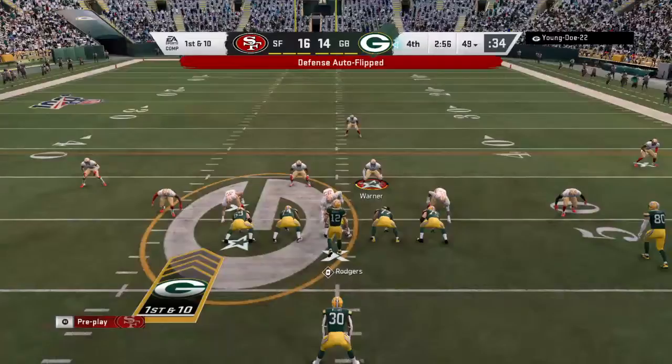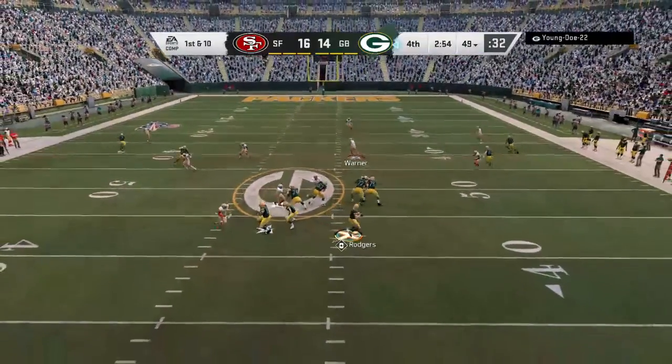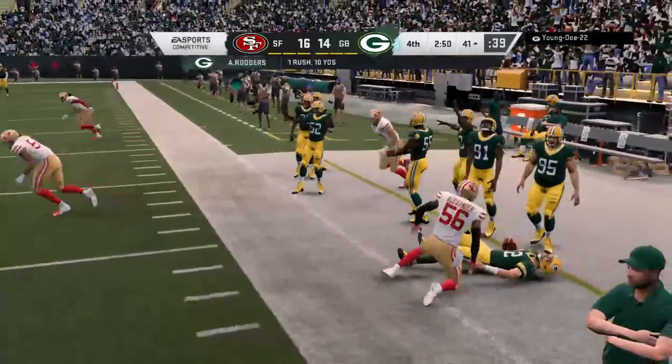About set to get this drive started, the Green Bay offense at the line. And on that last drive, they went for it on fourth, turned it over. A good job by their defense, though. They held them to 3, but this offense has got to be a little bit better, a little bit more